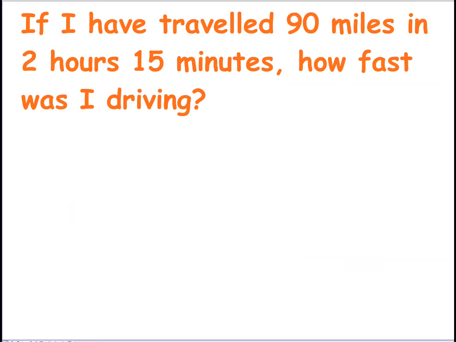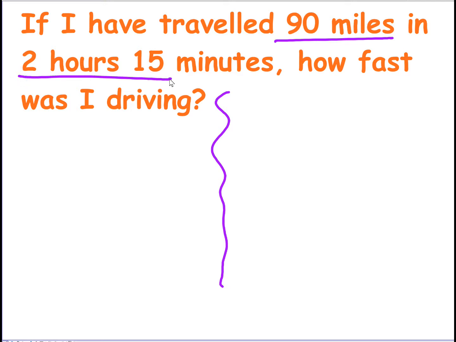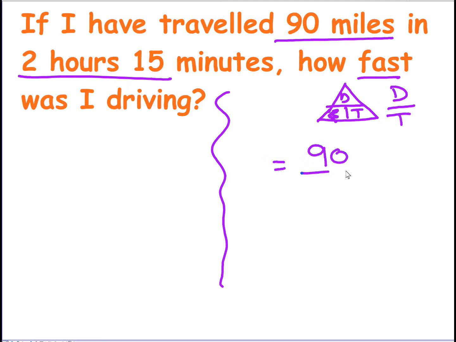Let's look at our next example, and we'll use both methods again. So I've seen that it's a speed question: if I've travelled 90 miles in 2 hours and 25 minutes, how fast was I driving? I've got my speed distance time triangle, remembering D is at the top and S and T are at the bottom. So I'm looking for the speed, so I cover this up, and it tells me to divide the distance by the time. So the distance is 90 miles, and the time is 2 hours,